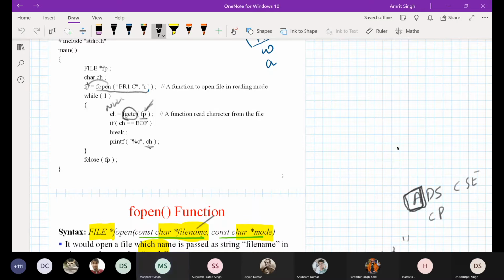Yes, simply. Before that we are going to check by an if condition: if fp is equal to null, then we are not going to